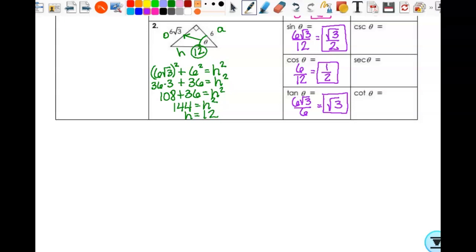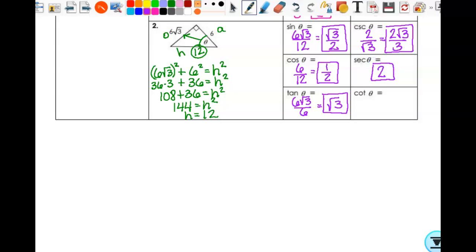All right, so when I go to cosecant, it's the reciprocal of sine. I think I want to pick this second one to take the reciprocal of, so I'll have 2 over the square root of 3. When I rationalize, what do I get? 2 square roots of 3 over 3, right? You shouldn't have to go off this side and do the work anymore. You should just be able to do it. The reciprocal of 1/2 is 2.